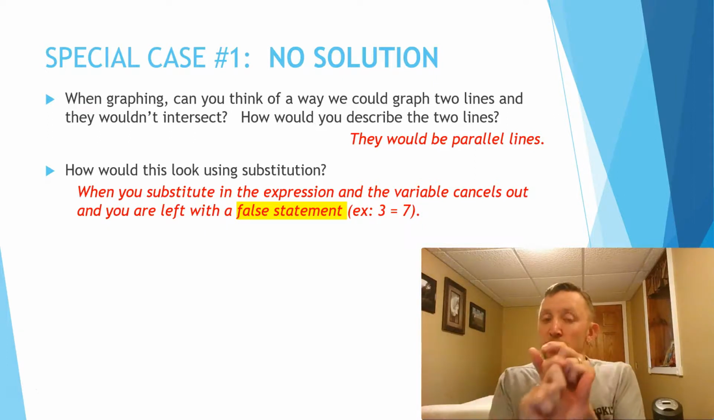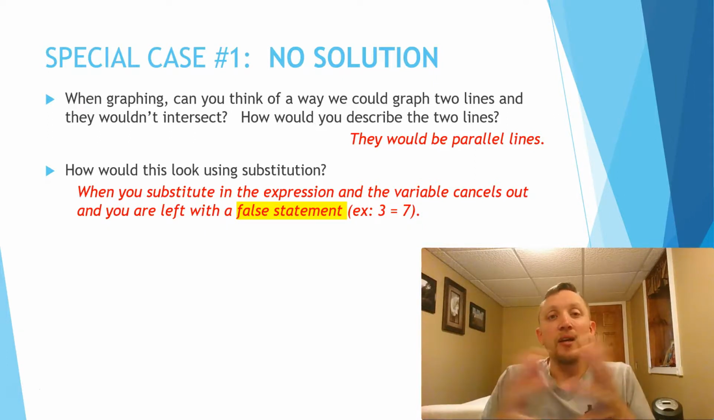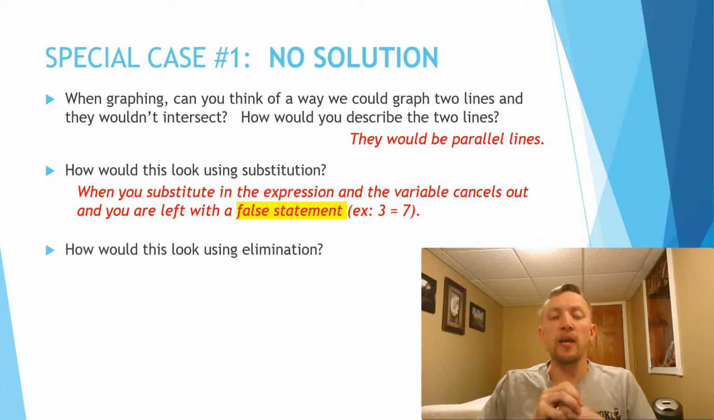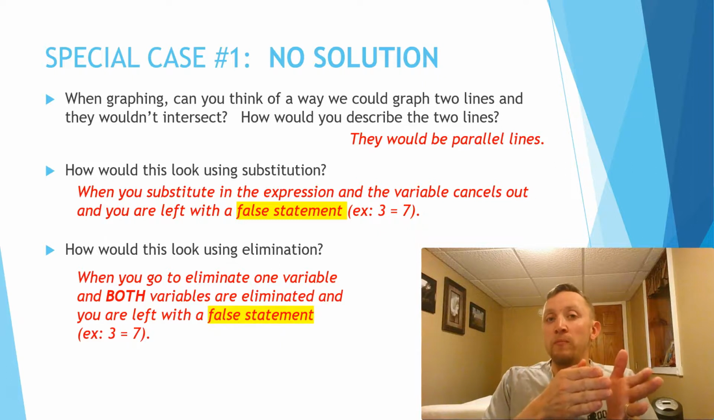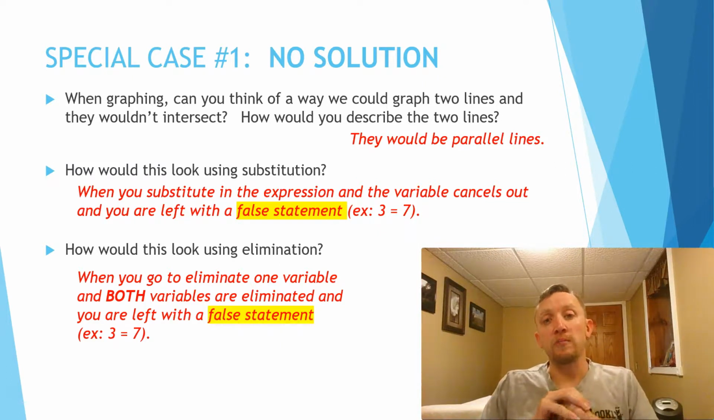Okay, so when you substitute it in, if the variable disappears and we're left with a false statement, there's no solution. What does that look like if we're doing elimination? Well, with elimination, if we go to eliminate one variable and both variables cancel out and we're left with a false statement, then it's going to be no solution. Okay, so anytime we're left with a false statement, like 0 equals 4 or 3 equals 7, that means it's a situation involving no solution. So we just say no solution. Okay, don't say 0, by the way. 0 is not correct. You'd actually write the words no solution. Okay, so that's our